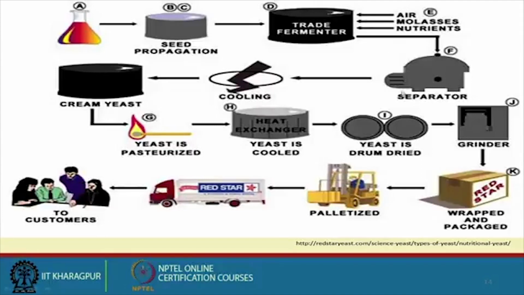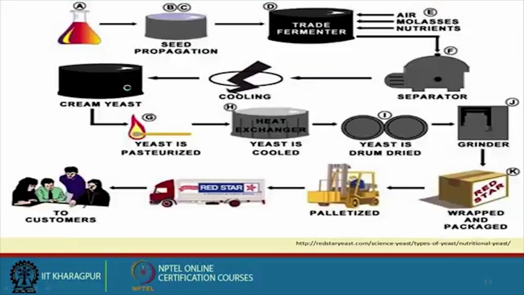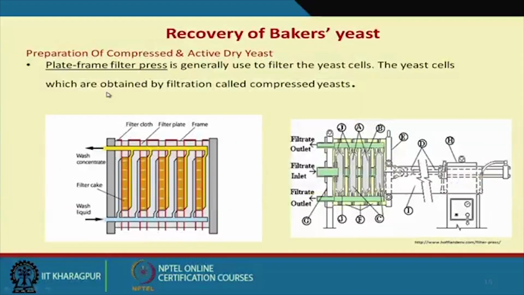After that, you do the separation of the yeast cells, then cool it down to get cream of yeast cells, then you pasteurize the yeast cells, then a heat exchanger, again you cool it, then you drum dry, grind it, and palletize it and sell it in the market. This is the active dry yeast, but I mentioned that centrifugation is used to separate the yeast cells, though that is not in practice in the baker's industry, because in the lab we do it by centrifugation, but in the baker's industry we use the